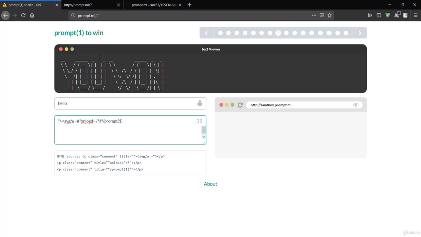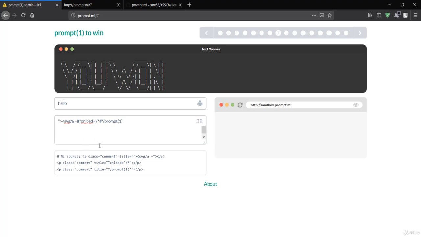You can see it is giving us a prompt saying you win. So we have made this advanced payload. It was basically the simple onload, but this title has allowed only 12 characters. That means we have to customize the payload, and you know that the vector should be included outside of the HTML tag.